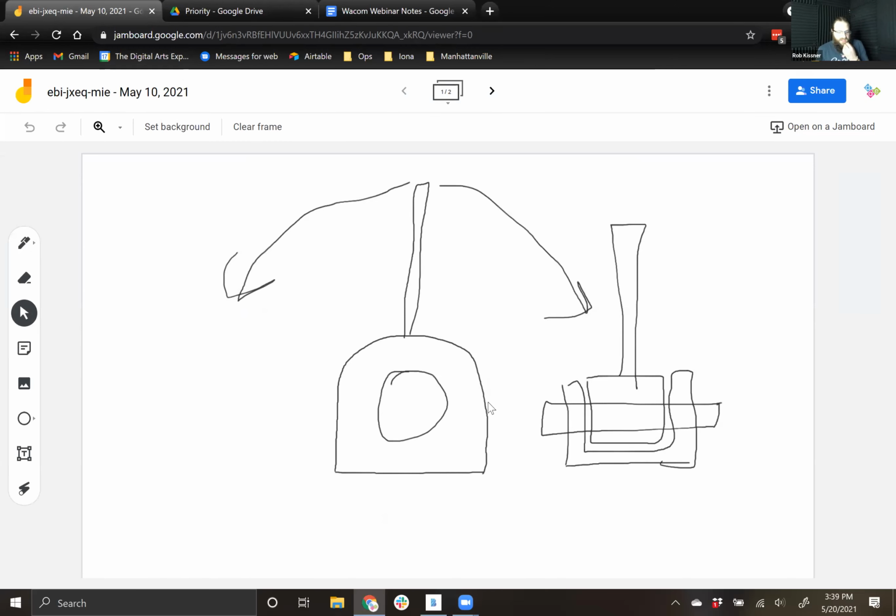I was teaching a student how to make a simple lever with a joint in the bottom, and we had to explore how we wanted it to work and how we wanted it to look. So the first thing we did is we jumped into Jamboard and just started sketching out ideas. And then we jump over to Fusion and start making that happen, right?